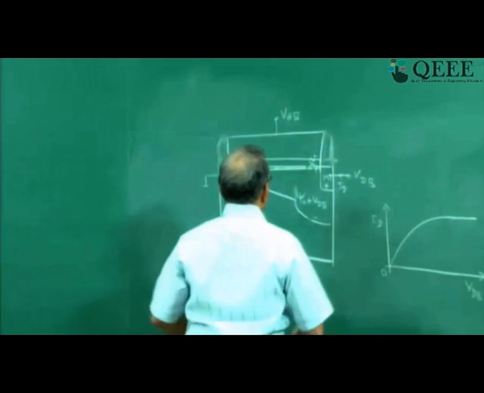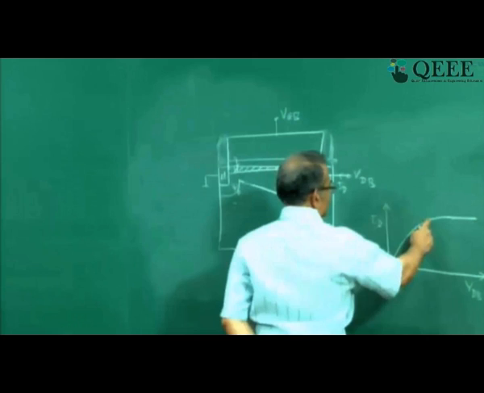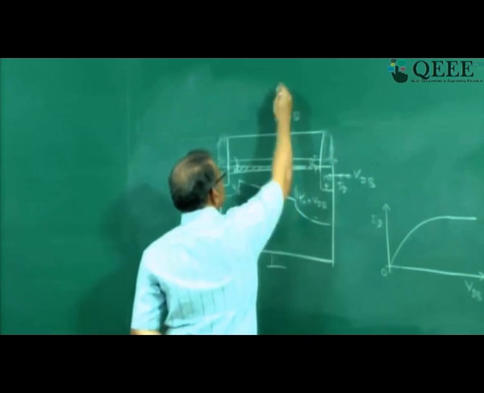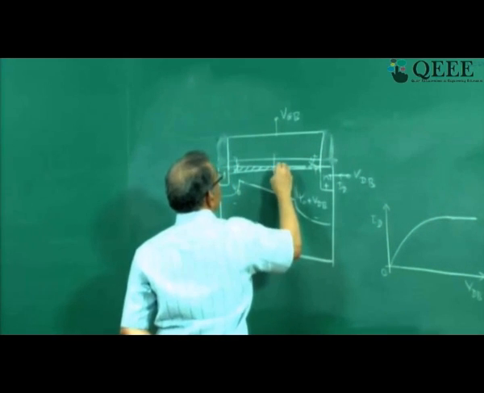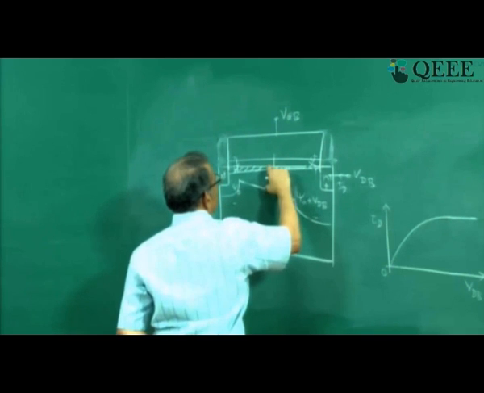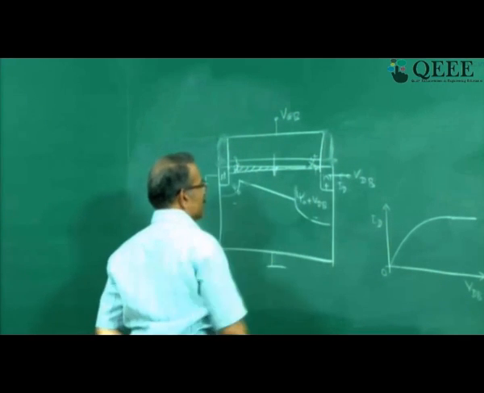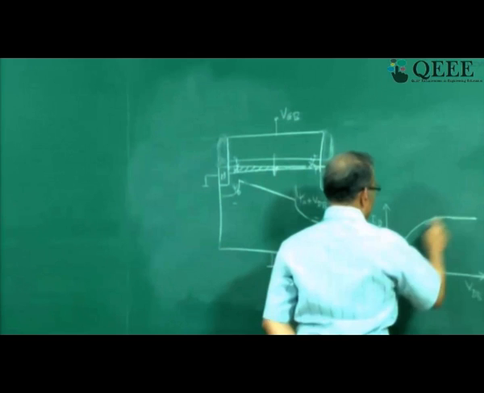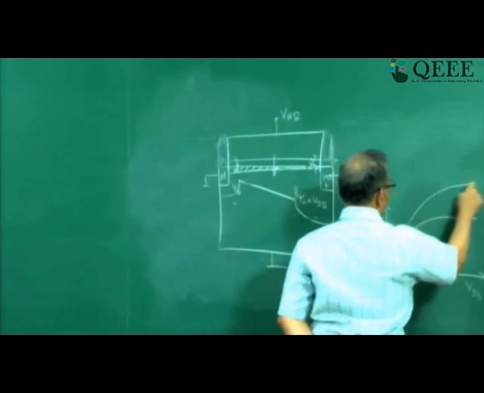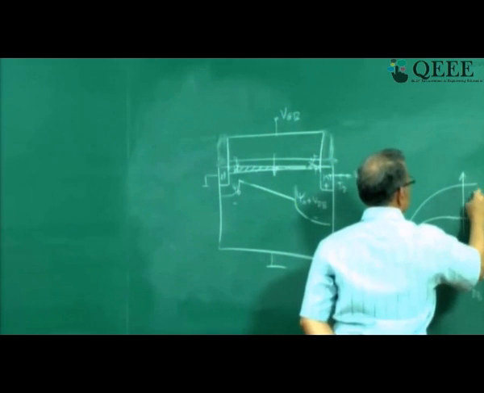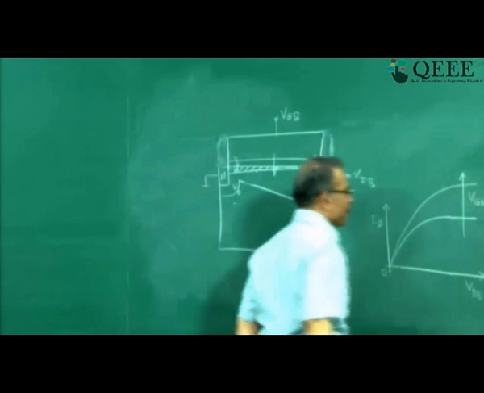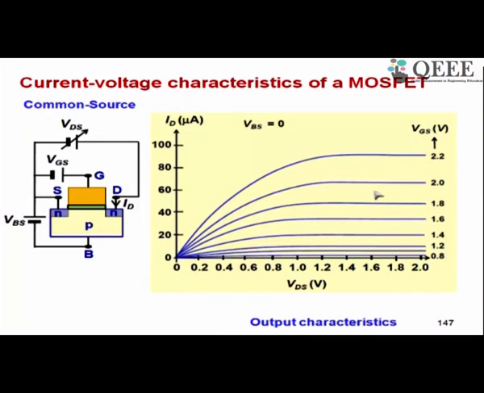Now how to increase this current? If I increase VGB further, this field will increase, and therefore the charge here will increase. Inversion charge is also going to increase. The current flowing from drain to source via the inversion charge is also going to increase. So if I plot another curve for increased VGB, it will look like this. This is increasing VGB. So you can explain these characteristics very easily now. This shows ID as a function of VD